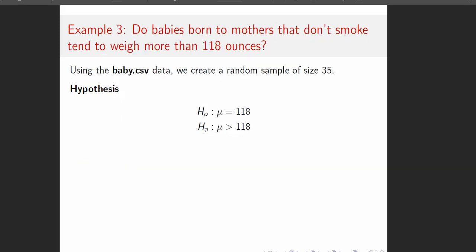Okay, so let's look at one more example. Do babies born to mothers that don't smoke tend to weigh more than 118 ounces? Now, we're going to use the baby.csv data, and let's make this point. This is older data, and they're using the weight of the baby as a proxy for good health. That a healthier baby is going to weigh a